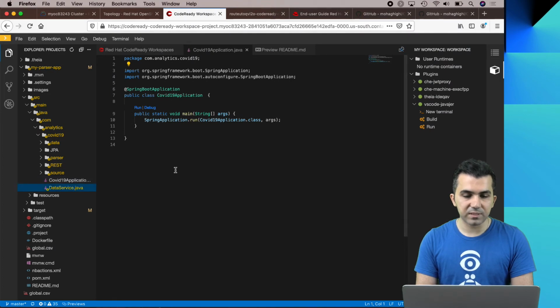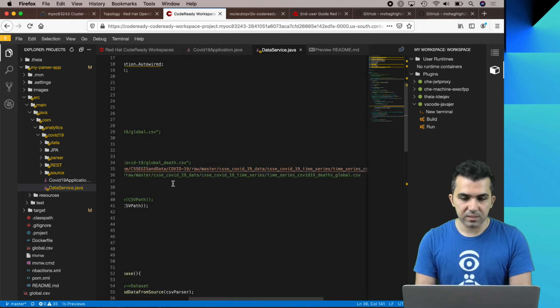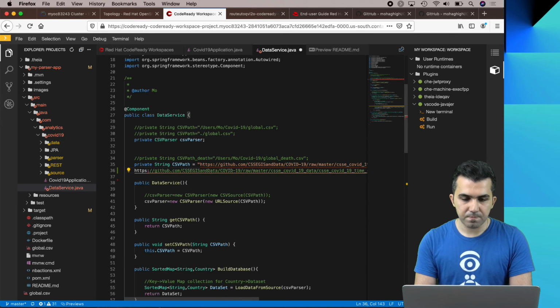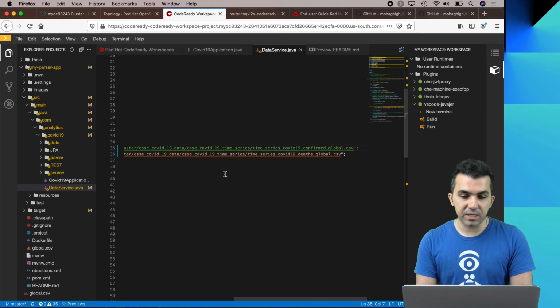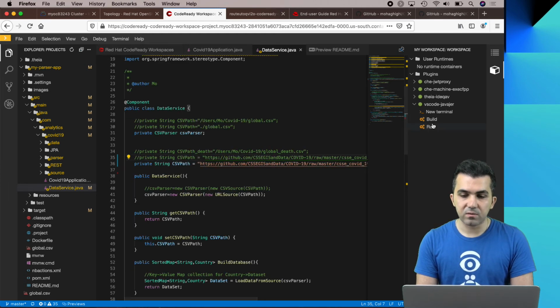Now going back into my data service, and from here I'm going to copy paste it. So that would be the new CSV path as I've defined it in my application. Then I'm going to comment this out. Okay. So I basically made a change in my file from confirmed global cases into the death global. And now I'm going to build,